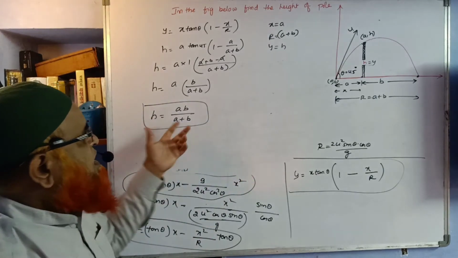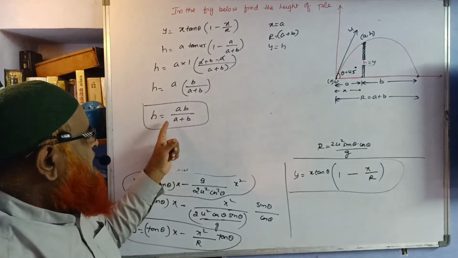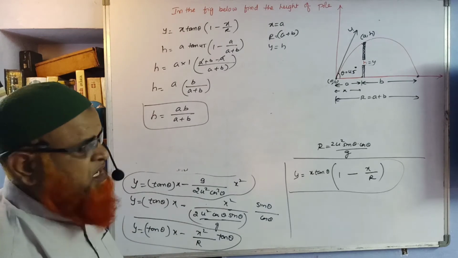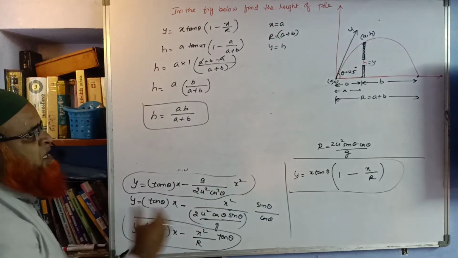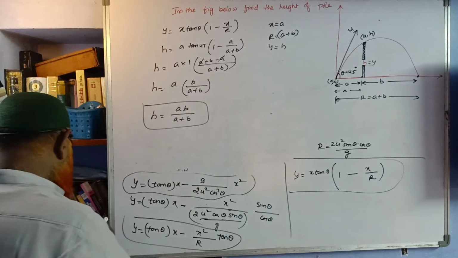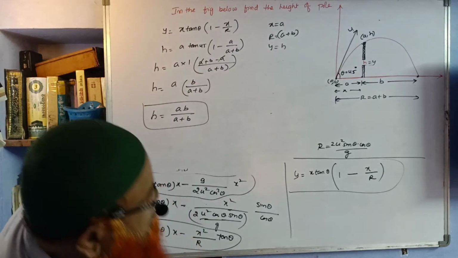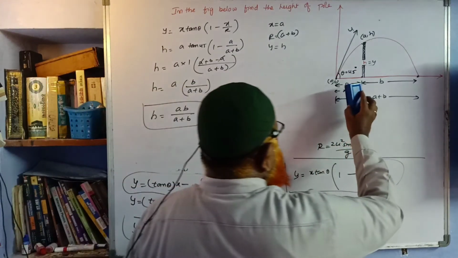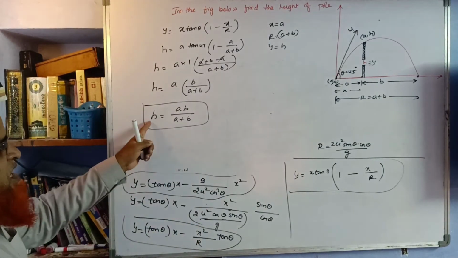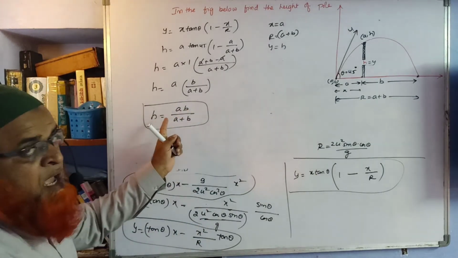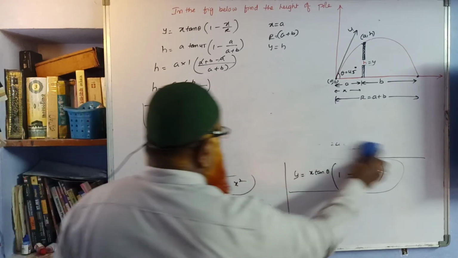I think you understood. So height can be written in terms of a plus b. That is ab by a plus b. This is the formula. So now, if you understood this, you can slightly modify this question in a different way. How are you going to modify this formula now? Let us see. For example, now I think this problem is completed, and your final answer is h is equal to ab by a plus b here. So if you understood this one, let us